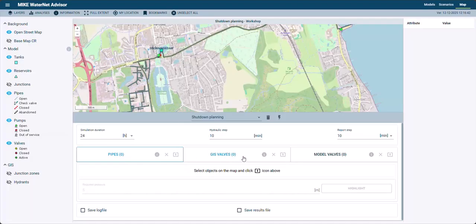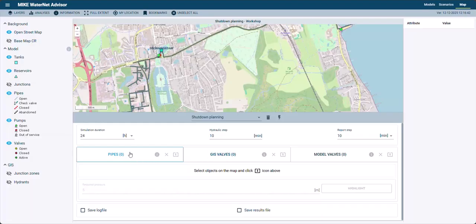Another possibility is to load your valves from GIS, and it will actually show you which valves need to be closed to shut down the particular pipeline, and then we'll close it. And the last option is used when your model includes the valve itself directly in it. So we don't have that, so we will not use this last version,